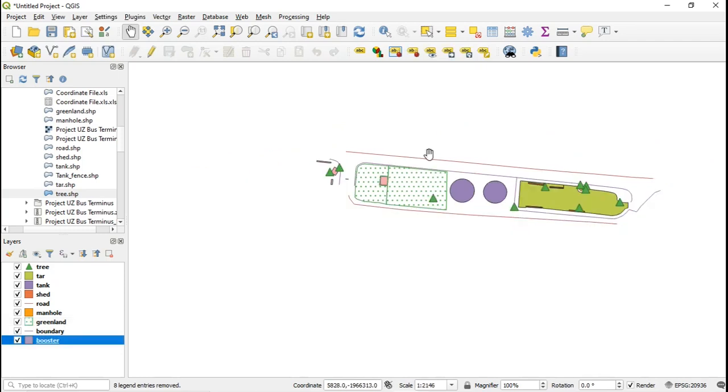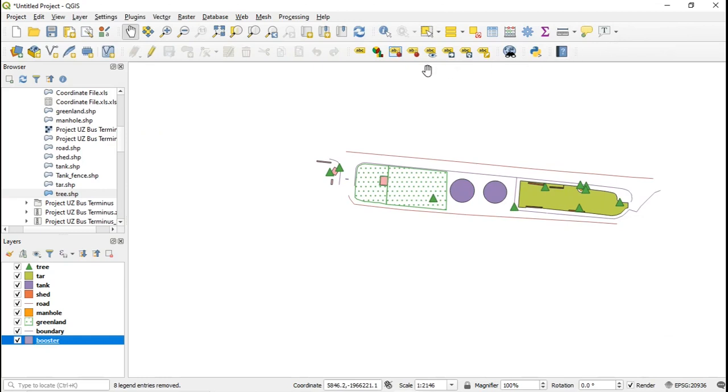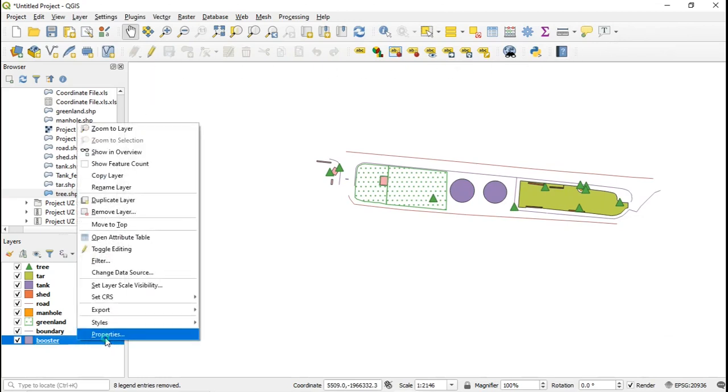If you want to display the names, you go to, let's say for boosters, then you go to the attribute table. You see the ID there is 0. We don't have the names for each booster. But if I had names for this field called ID, to label, you go to boosters, then properties,